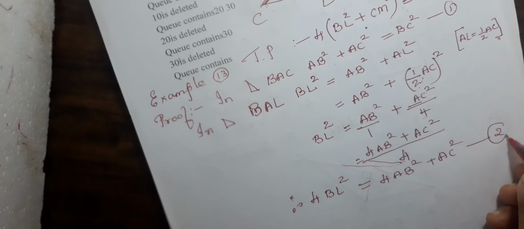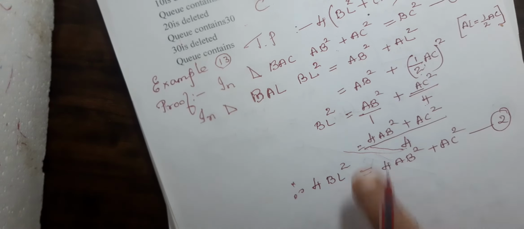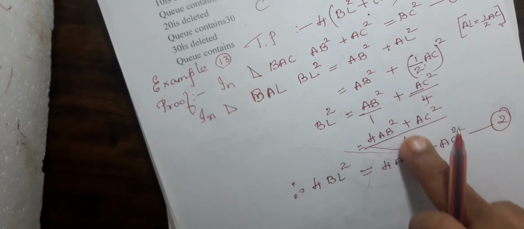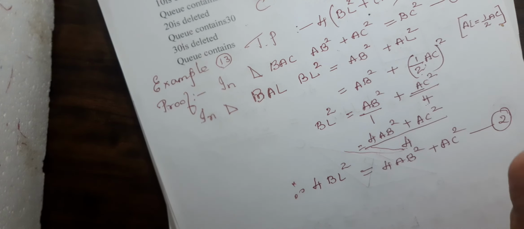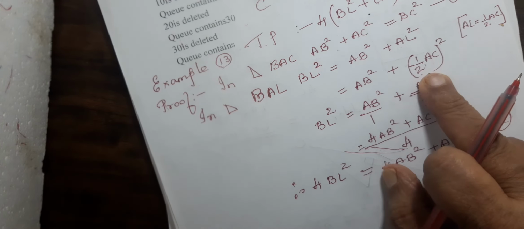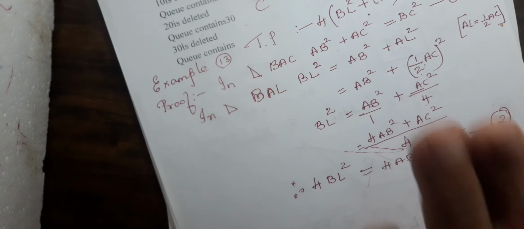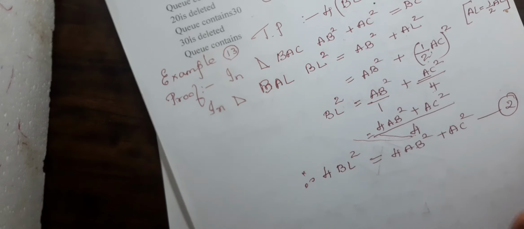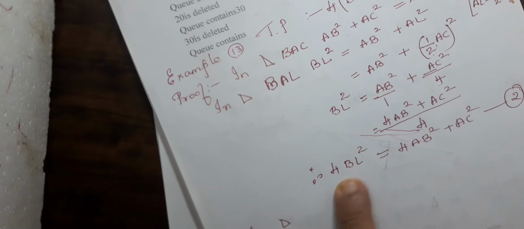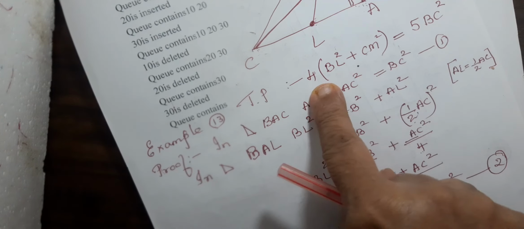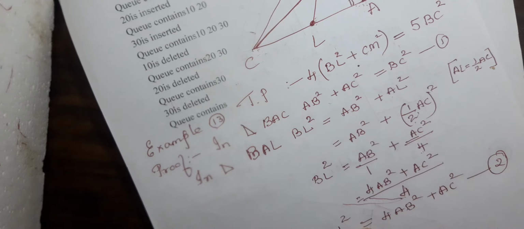So now let me take this equation as 2. By this right angle triangle, when you go on working out, of course you have to practice 2-3 times. If you practice, then only you will get that idea. See, half AC you should take here. Why? Because L is the midpoint of AC. That point you should not forget in this problem. Okay. Now next, see, I have got something of BL squared. 4BL squared I have already got. What I wanted to prove here, 4BL squared I have already got here.